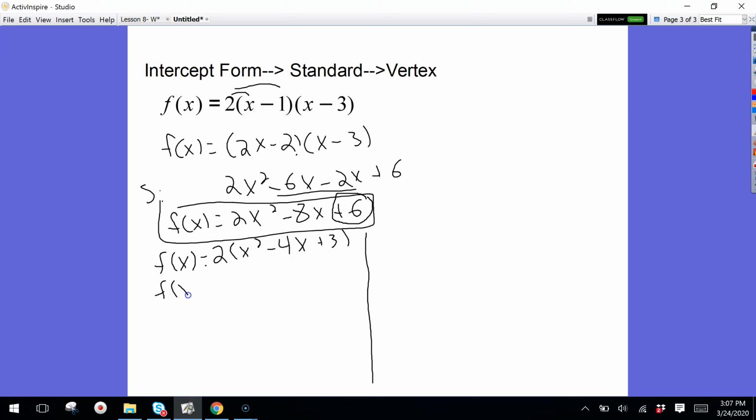Then what we're going to do is try to complete the square here. So we have x squared minus 4x. In order to complete the square, half of 4 is negative 2. If you square it, that's 4. So I need a positive 4 here. So I'm going to plus 4 and then minus 4 so that it doesn't change it, and keep that 3 there. Okay, so